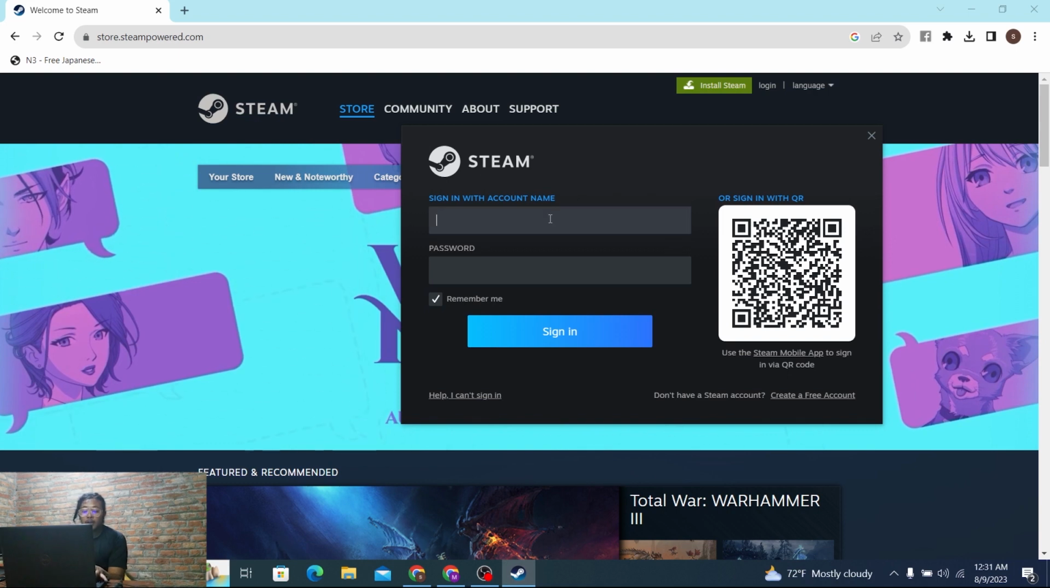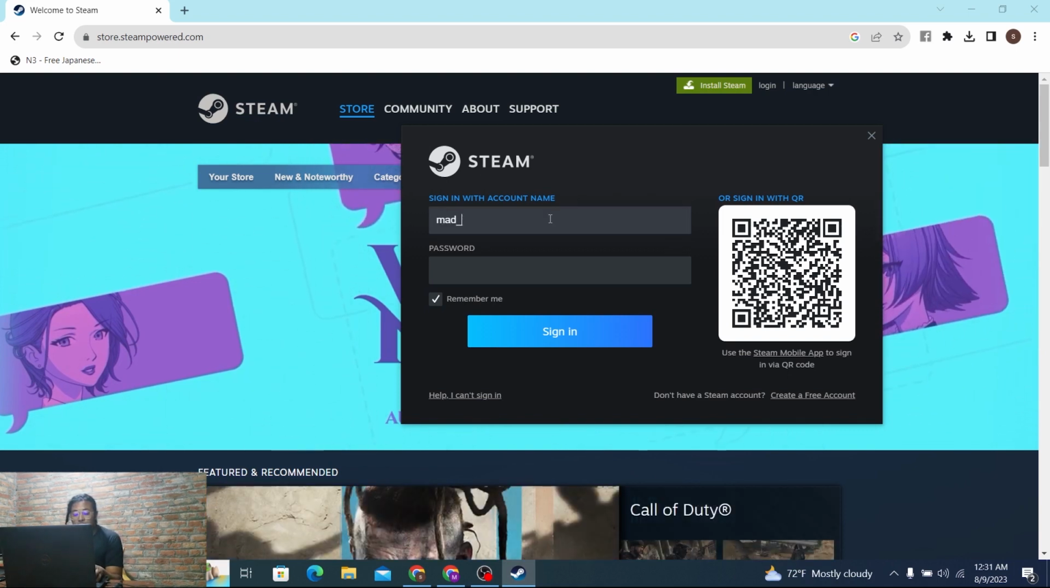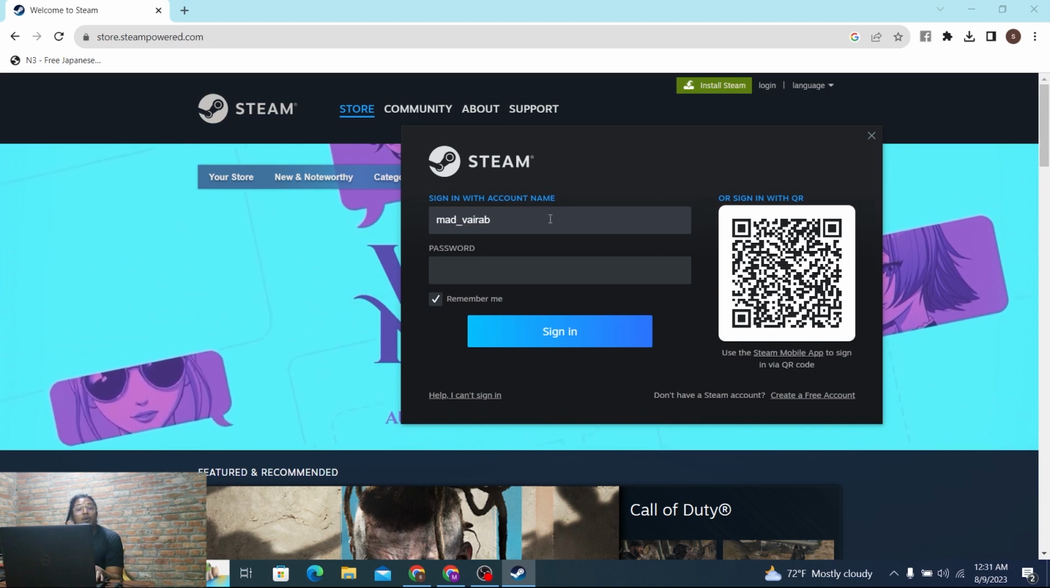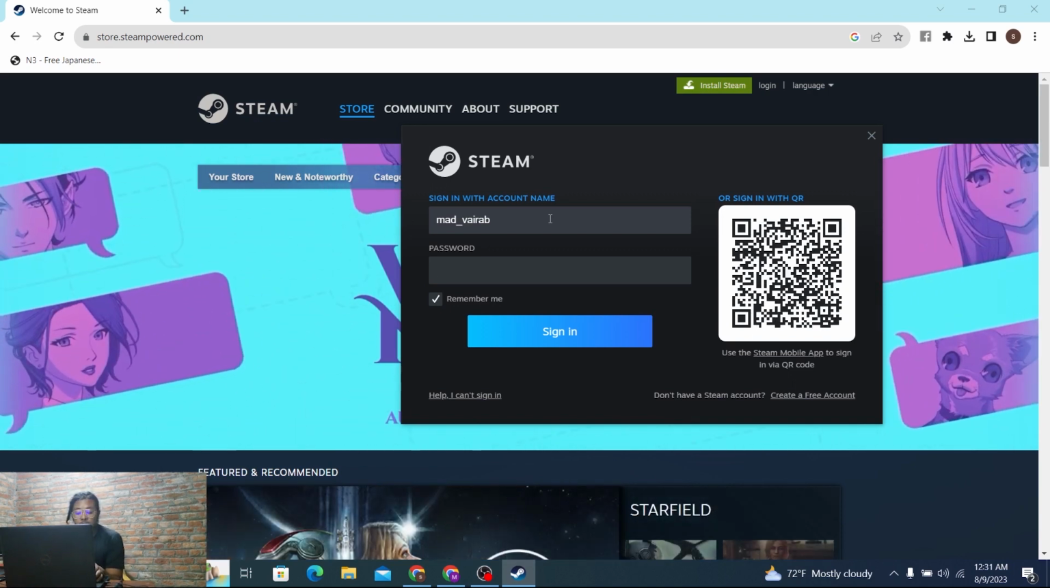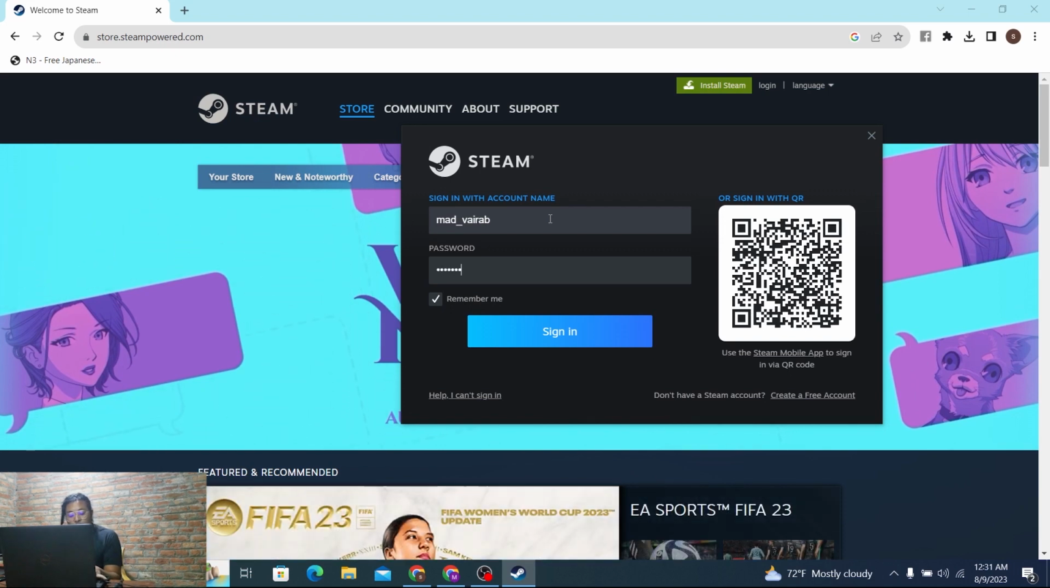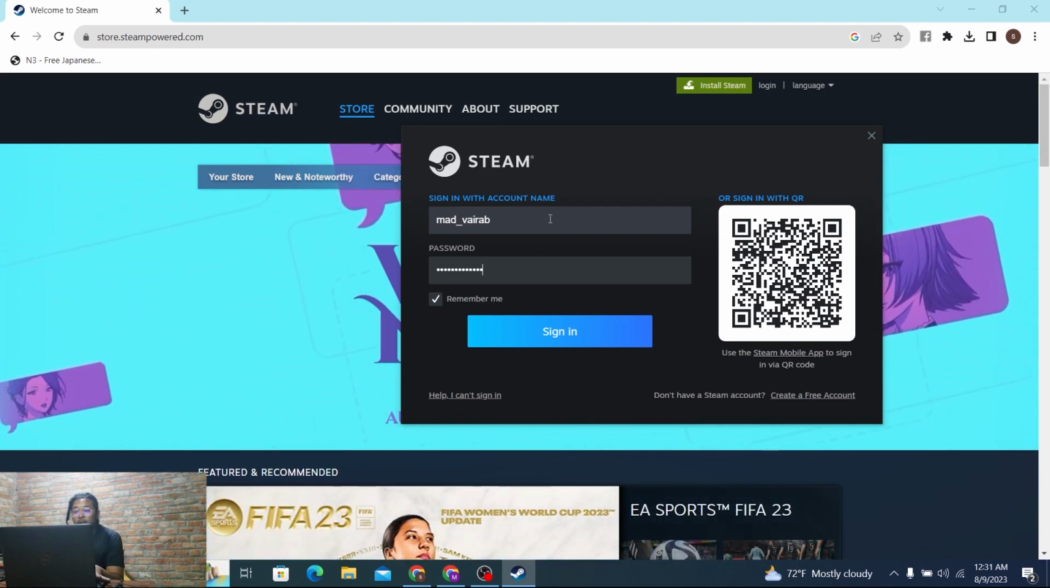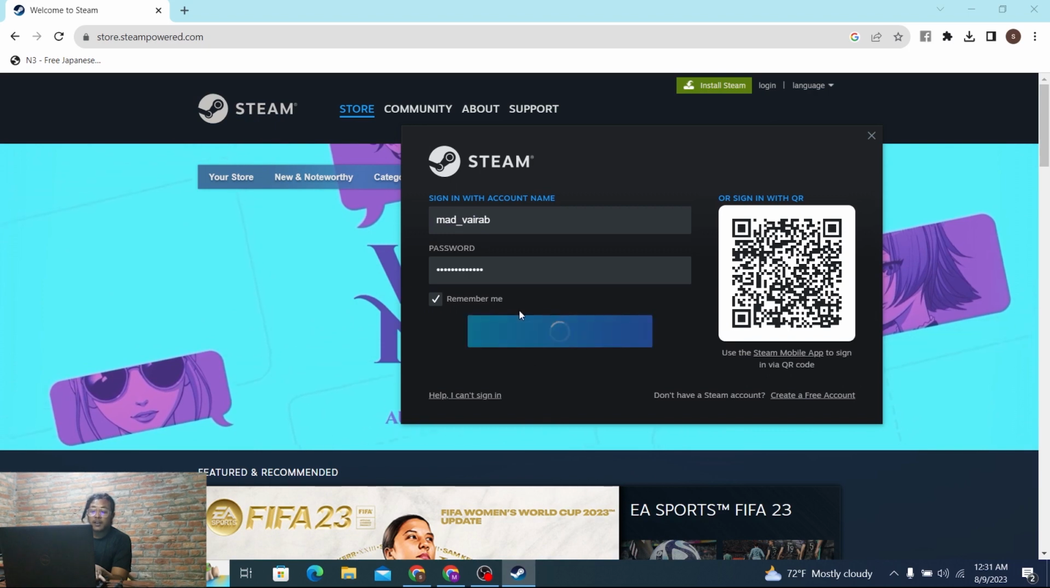So in order to log in, enter your account name or your username which you had registered on Steam at the time of creating your account, and after that enter your password, and after that click on sign in,